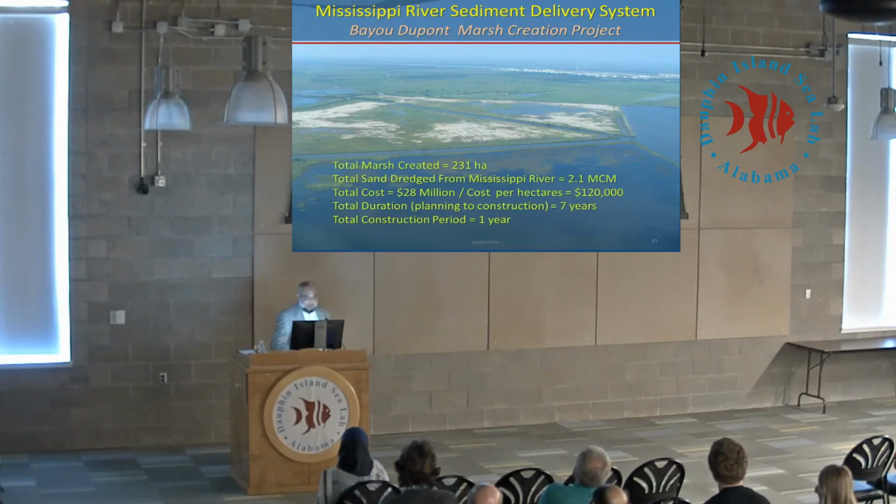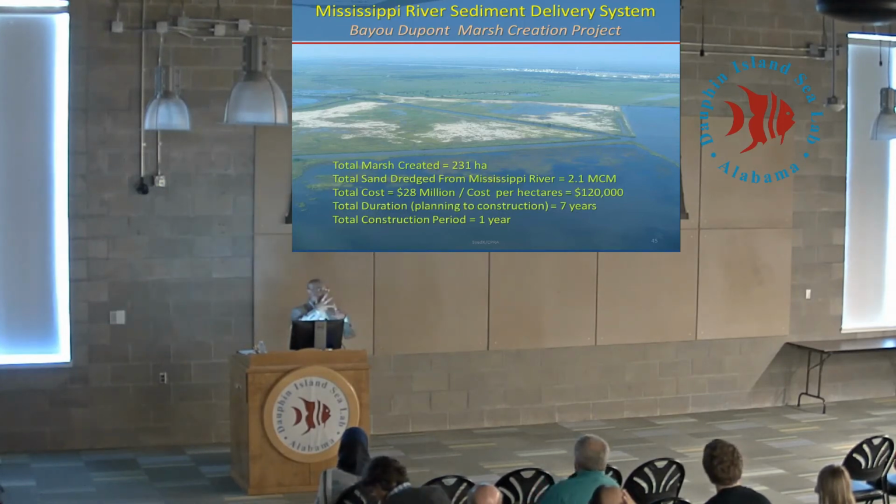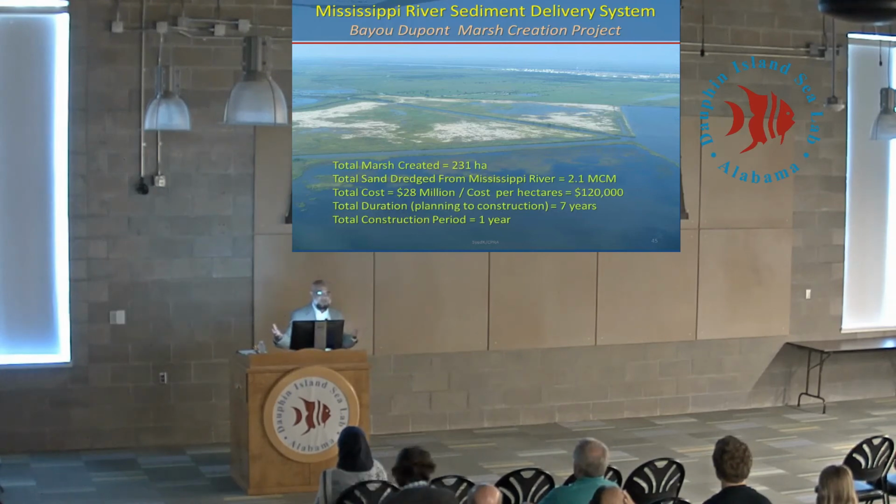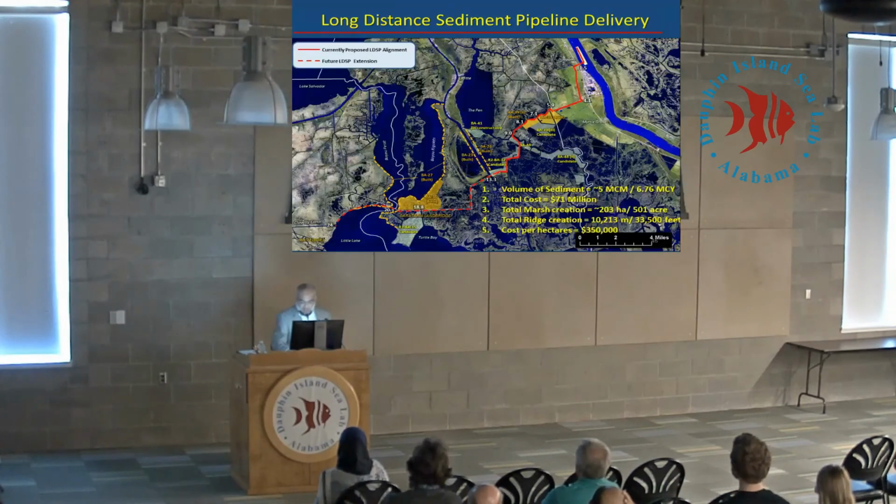So then the second thing is marsh creation. I mean, three major strategies I'm talking about here are burial and marsh creation, diversion. So this is the marsh creation where we can dredge the sediment, bring it. This is the first time we dredged from the near sources and put it in the marsh creation. But there, what we did, we brought from the river 4 miles through the pipe and put it on there, and BioDuPont was built. What happened that we thought, whoa, this is a